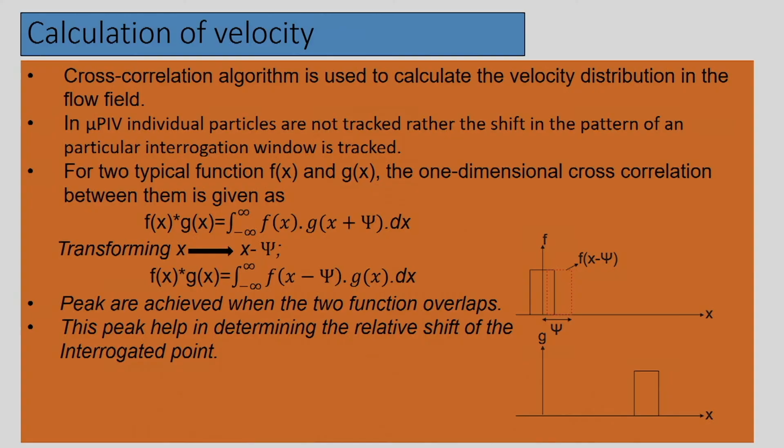So we are trying to represent all those events on a numerical platform, essentially to track the particles which were captured in the first frame, and from there we are trying to calculate the velocity. The F which is captured, we advance it and try to find F in G. When we are advancing F and it approaches G and these two overlap, we will find a peak, and that is the cross correlation algorithm. When we ensure that there is a peak, then from there we try to find out what the delta x is.